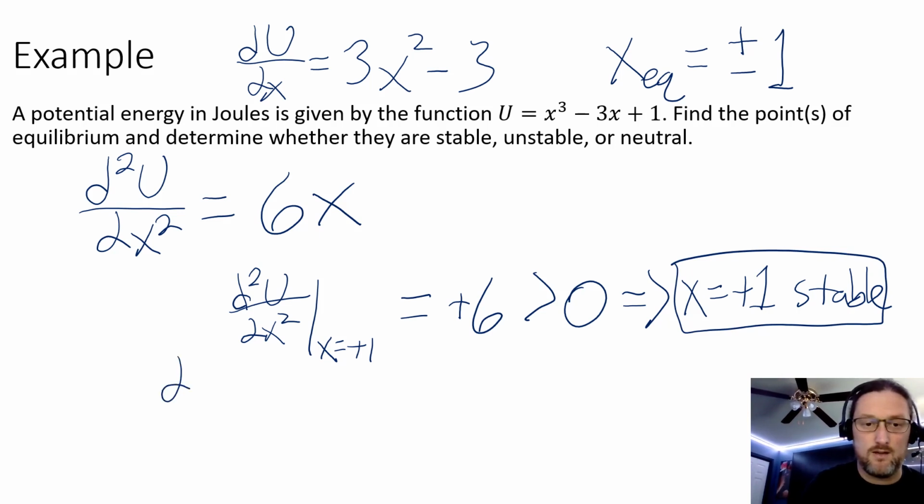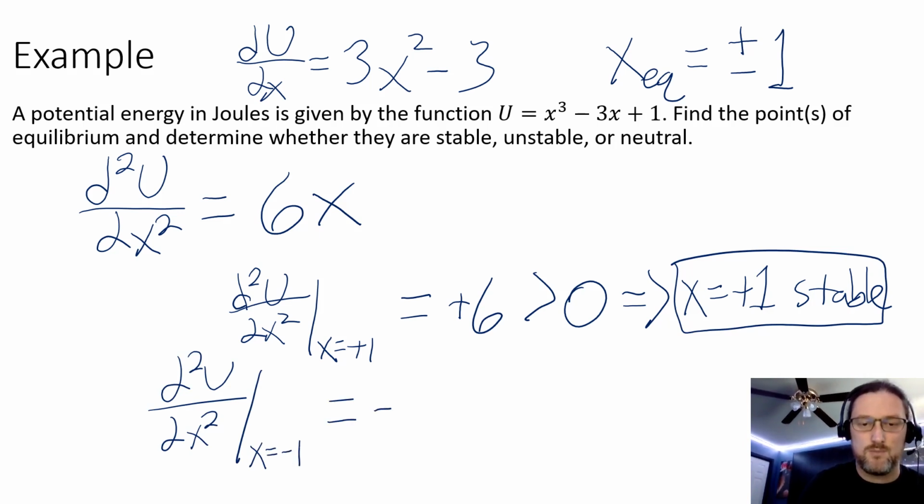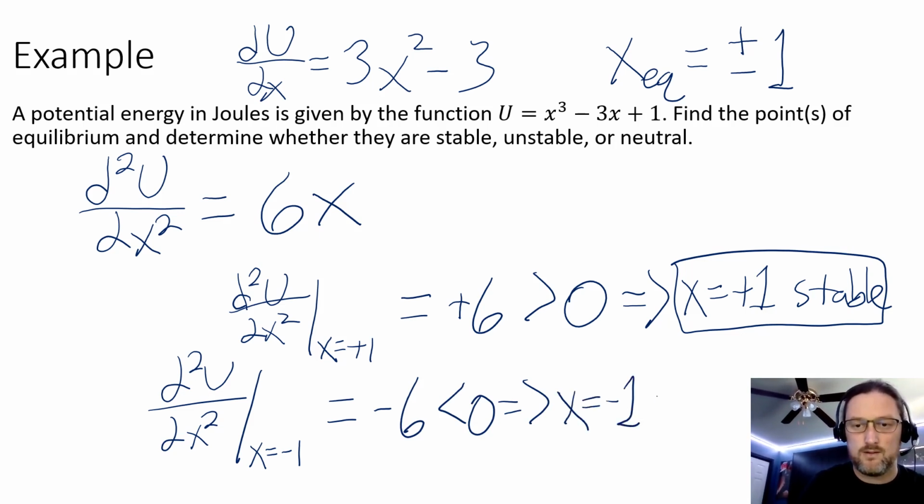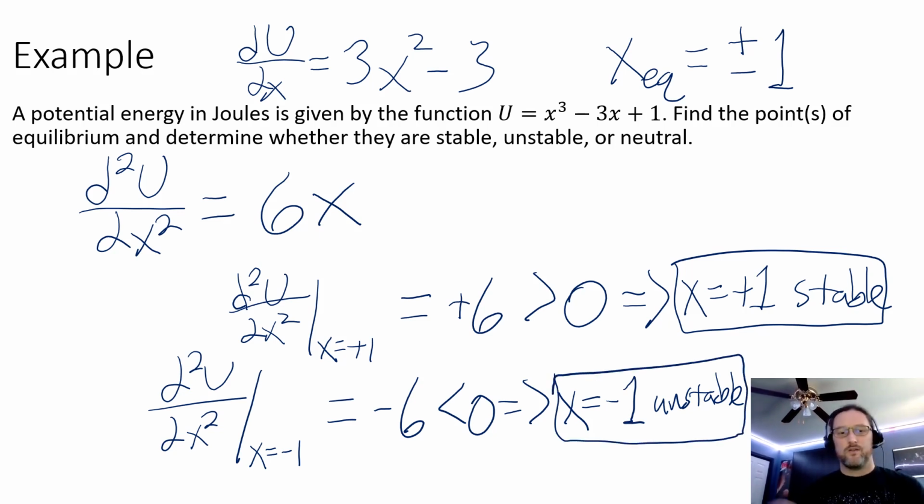And then I evaluate at x equals minus 1, gives me minus 6, that's less than 0. That gives me x equals minus 1 as unstable. And make sure my 1 actually looks like a 1. That's how we do these